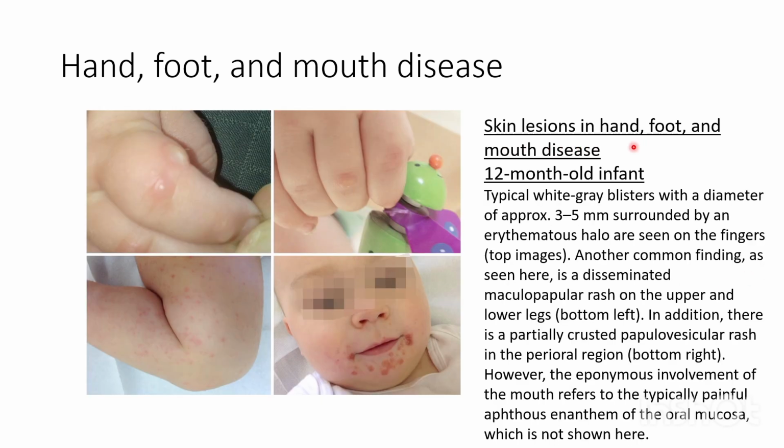Skin lesions in hand, foot, and mouth disease. 12-month-old infant. Typical white-gray blisters with a diameter of approximately 3 to 5 mm, surrounded by an erythematous halo, are seen on the fingers. White-gray blisters. Another common finding as seen here is a disseminated maculopapular rash on the upper and lower